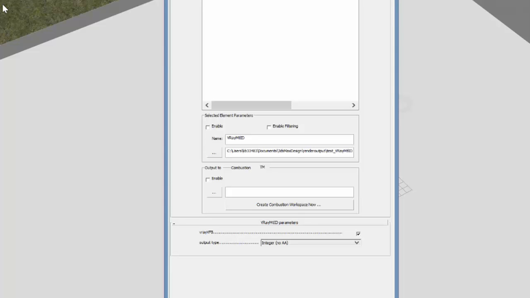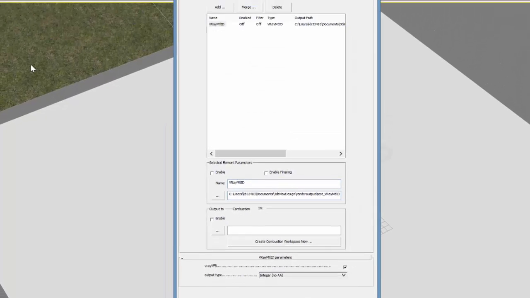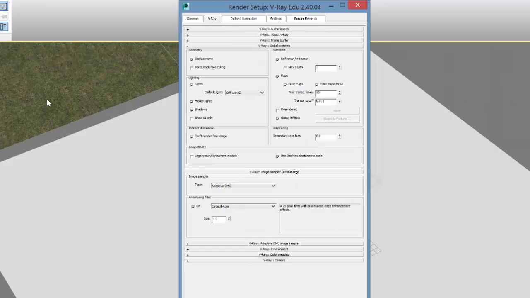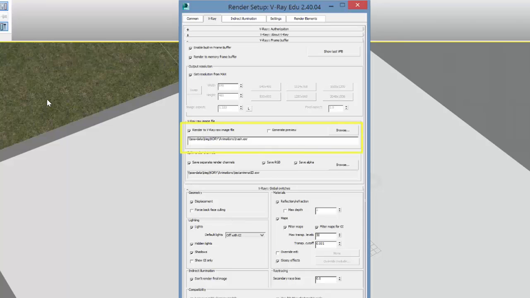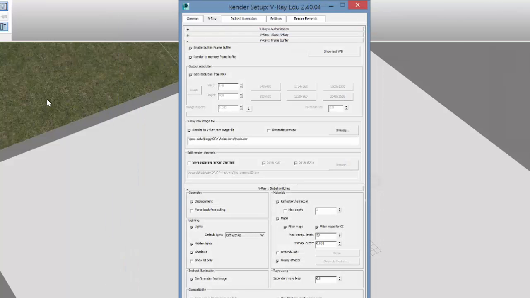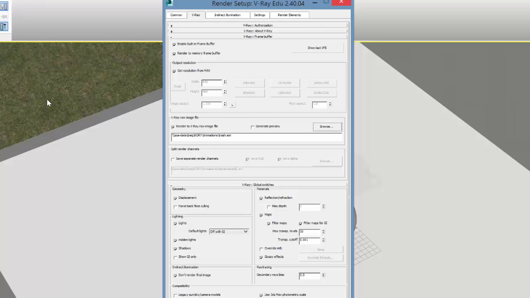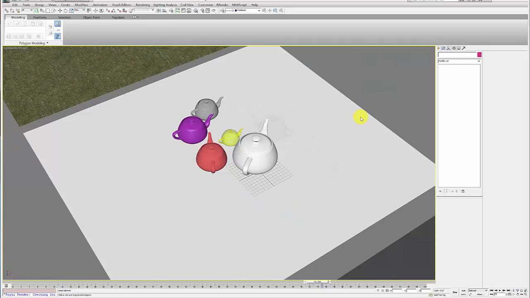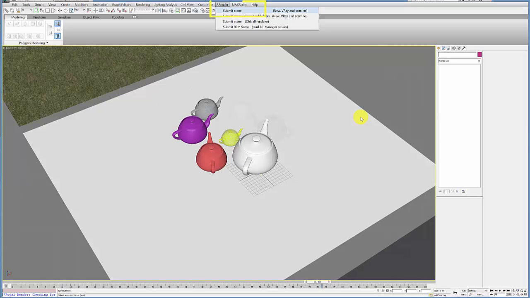So once you're set, you can save this. You don't want to have any of this. You could turn all this off. That's okay. You don't want to save anything. The one thing you have to do under VRay buffer is just save some kind of, you could turn this one off, but let's just save some kind of default test or trash animation. So you could just save that as whatever you want to save it as, and then go ahead and save that to the network. Save that file. Okay, once you've saved your file to the render farm, you can go ahead and hit rrender